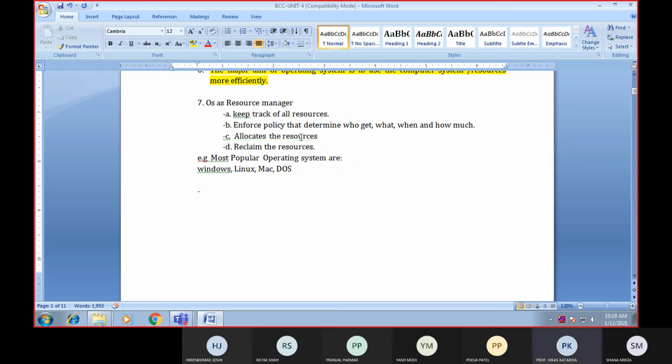Now the allocation of resources is also the responsibility of the operating system. Which resource is required for which program is determined by the operating system first, by using some algorithms. Then it wisely provides hardware resources to the programs. Reclaiming of the resources is also done by the operating system,